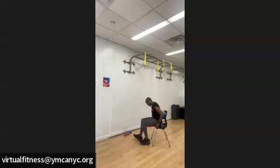I'm only going to do 10 of these today. So I'm leaning all the way in. I'm just going to roll forward from my shoulder blades, not my waist. Your belly button stays pulled in, and you're just rolling forward. It's very subtle. 1,